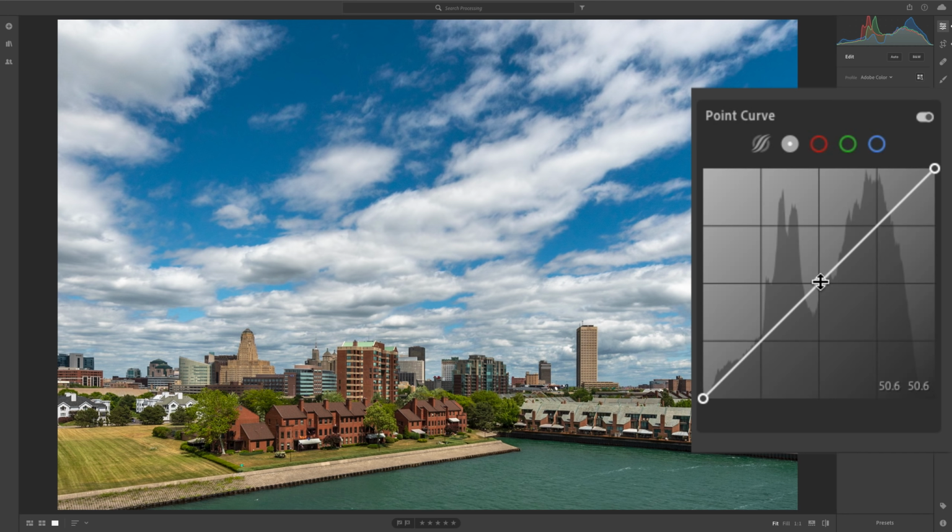Now most often you'll find that photographers will use the point curve to add contrast to their image. And all contrast is, you're taking the darker bits of the image and making them just a little darker, and you're taking the lighter bits of the image and making those just a little lighter. So the way you would do that with the tone curve is typically, you might have noticed, first of all,